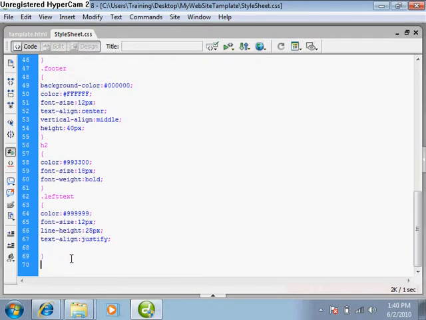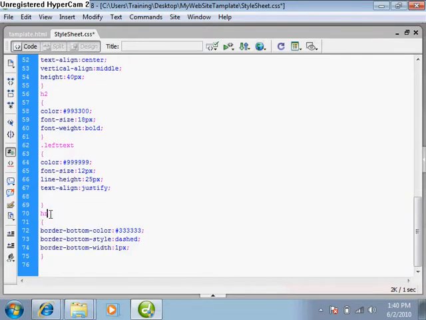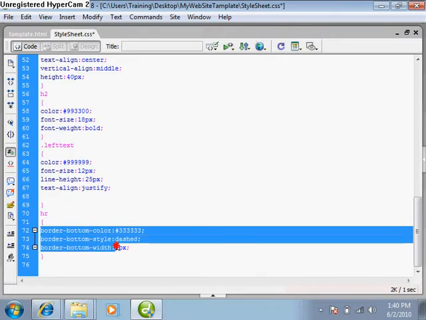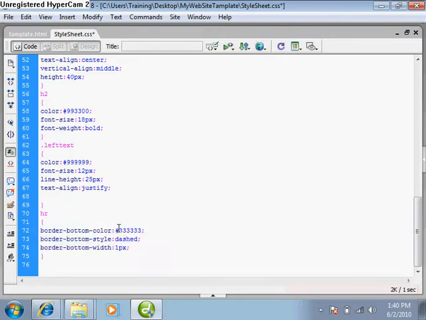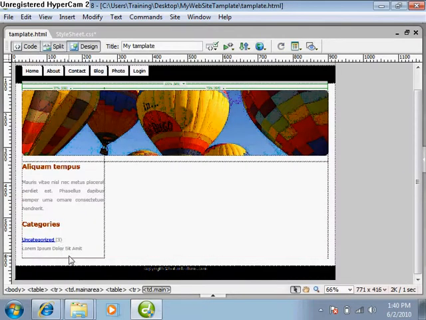I named it CSS class HR, which takes the base class, and I have put some attributes: border bottom color, which is somewhat gray, border bottom style dashed, border bottom width 1 pixel, and save it. Now it is automatically applied to